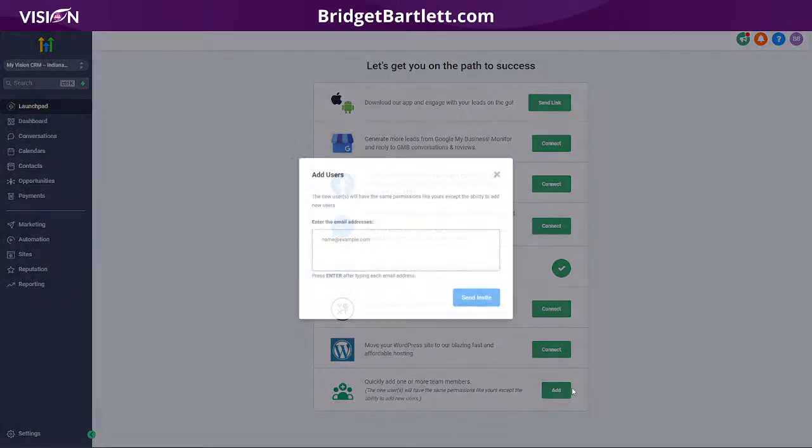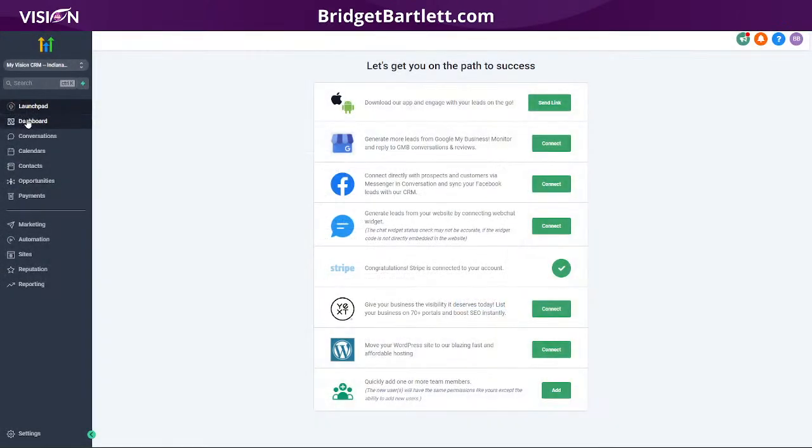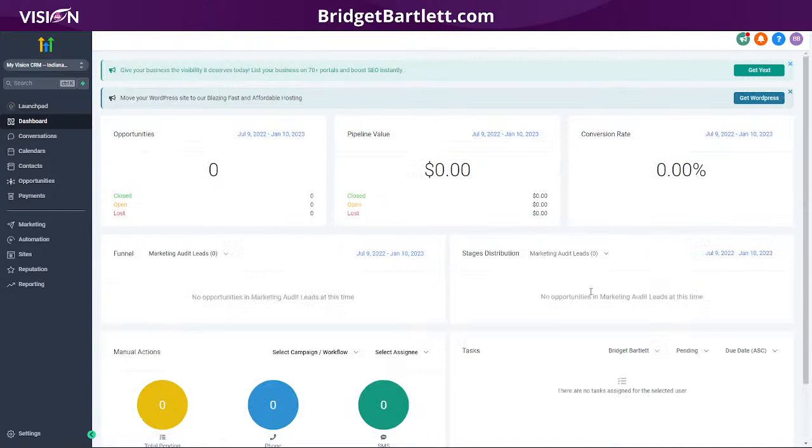You can also add additional team members here. Okay, so you also have your dashboard here. This is where you're going to track all of your sales. You can set the prices of all of your conversions and different things like that in the opportunities pipeline to update here. There's lots of training on that as well. You can definitely check up in the